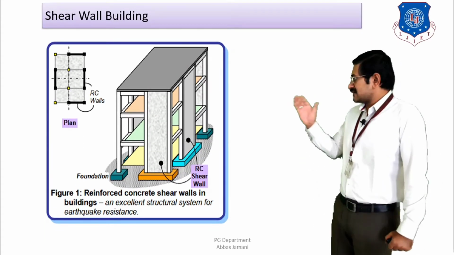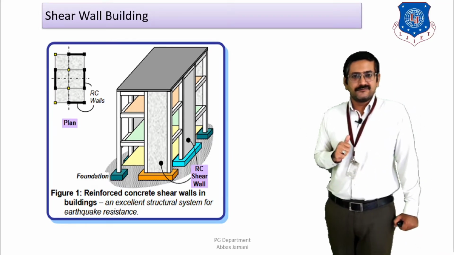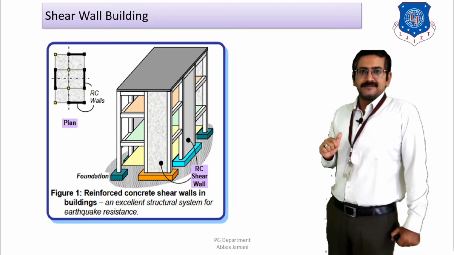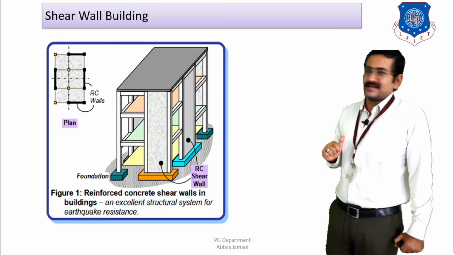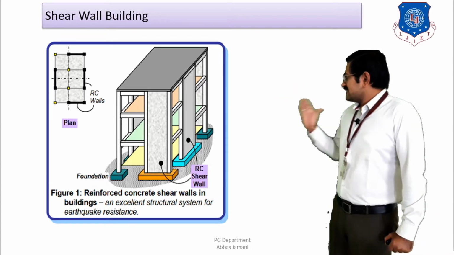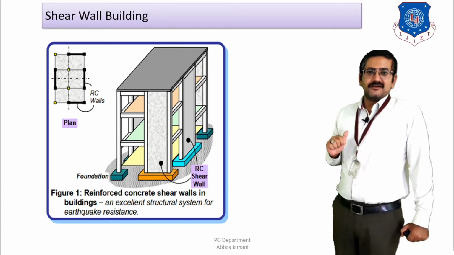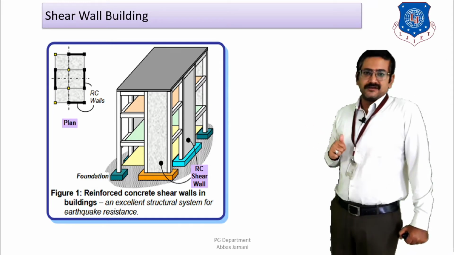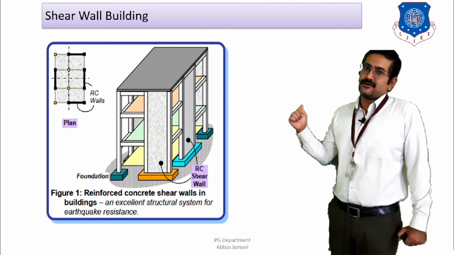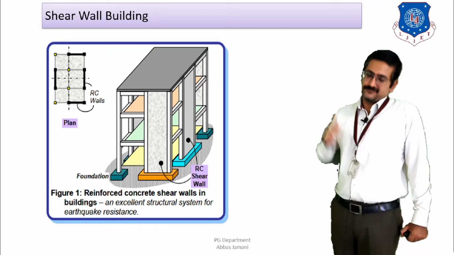Now if you look at the figure behind me, two things are given. First is the plan of the building, and second is the three-dimensional view of a particular G+2 building, right? In the plan, the shear walls are provided at the corners, that is, four shear walls are provided. Secondly, in the three-dimensional view of this building, the shear walls can be seen going along the height of the building, the vertically oriented beams which are going to help in the transfer of forces.